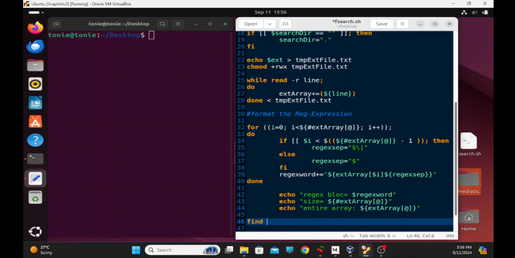Finally, find search directory, because we're looking into the search directory provided by the user, and all its subdirectories, by the way, for the extensions given by that user. Dash type f, because we're looking for files, then dash print 2, and what this does,